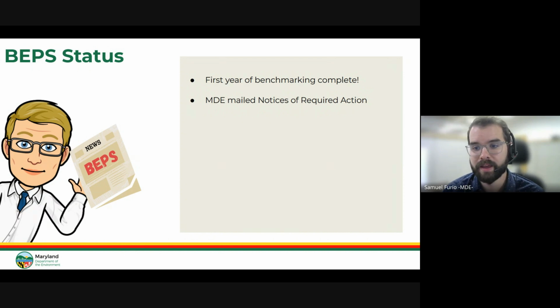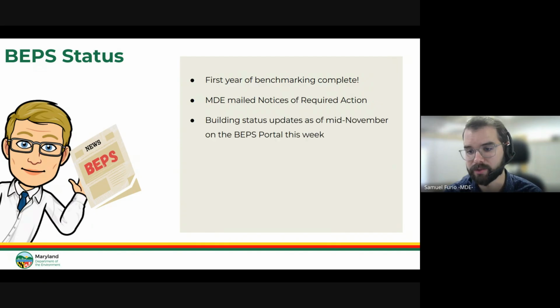And if you're one of those people that received a notice, or you know someone who received a notice, and you're still wondering what steps you need to take, that is okay. That's understandable. Just follow the checklist that's on the back of the notice and use that in tandem with our benchmarking guide. That should help you get from start to finish in this process, whether you're benchmarking or submitting an exemption request. Submitting your benchmarking report or an exemption form satisfies that notice that was sent out.